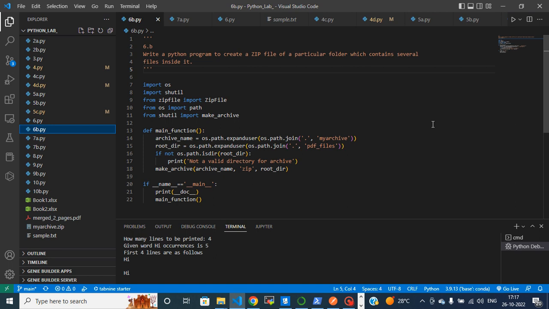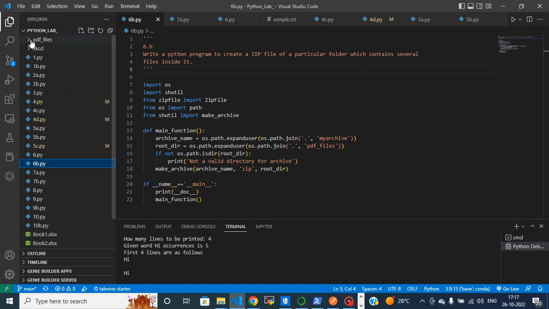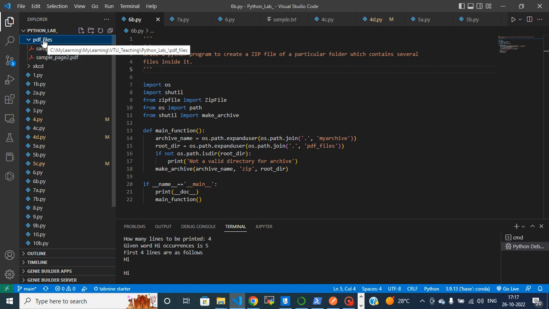This is: write a Python program to create a zip file of a particular folder which contains several files inside it. The way it is done is let's take one particular directory. Let's choose this PDF directory, which has 2 files, sample page 1 and sample page 2. We want to zip this PDF files directory and create an